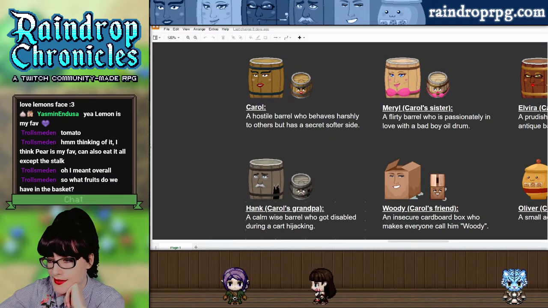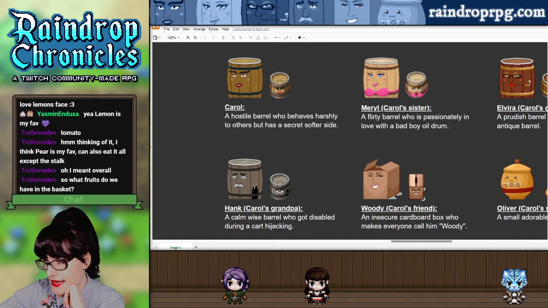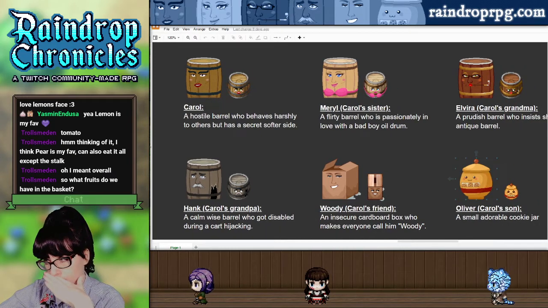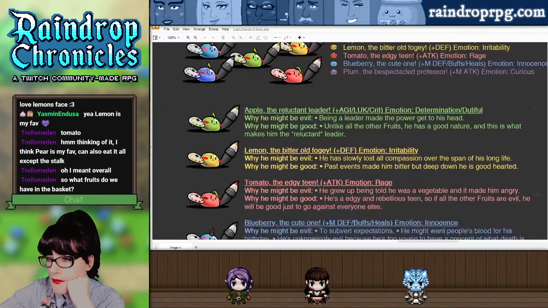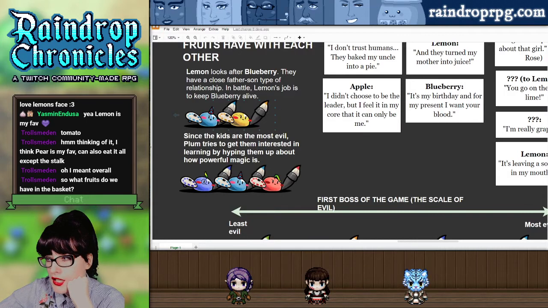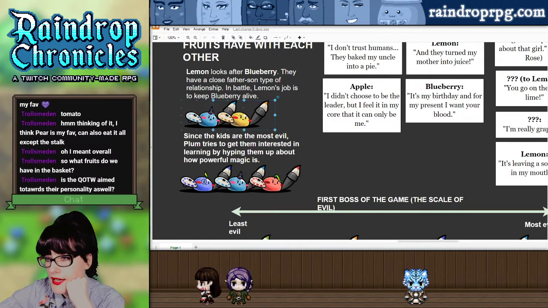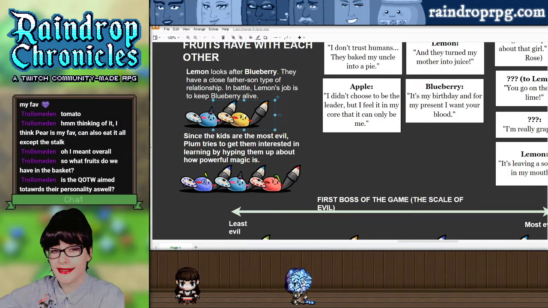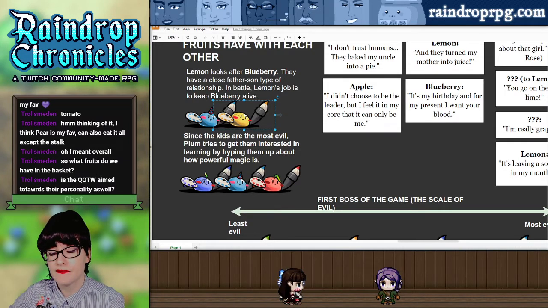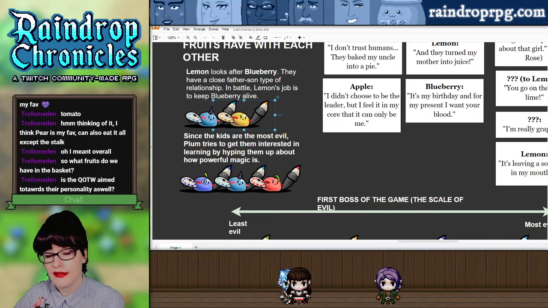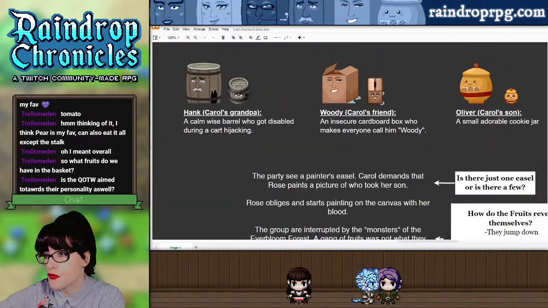Not all of them, but some of them. Mainly, Oliver and Hank, they're a parallel with the lemon and the blueberry in a lot of ways, because father figure, child, he protects him in battle, like he actually goes in front of him to protect him. He also does in this scene as well, at the end. And that is what Hank does with Oliver in our scene that was just a little bit